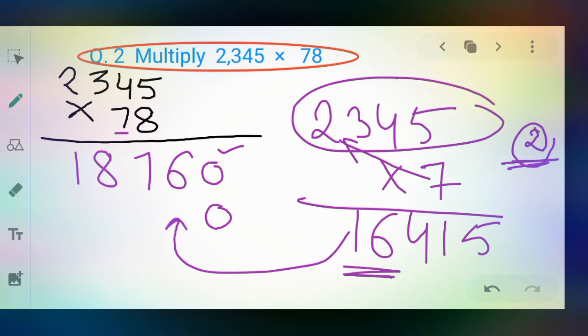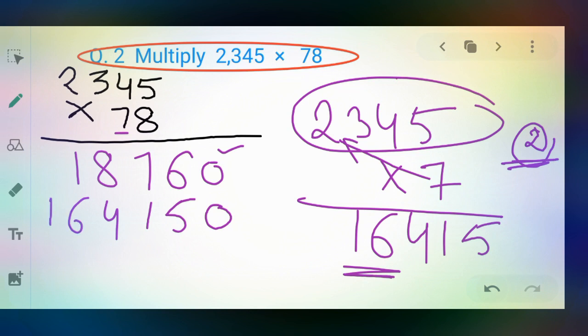Okay. So I write this answer from the tens place. This is your ones place, this is your tens place. On the ones place you already put 0. So this answer starts from the tens. Keep in your mind, this answer will start from tens. Okay. Now I will write this answer here. What is the answer? 5 you write here, 1 you write here, 4, 6 and 1.